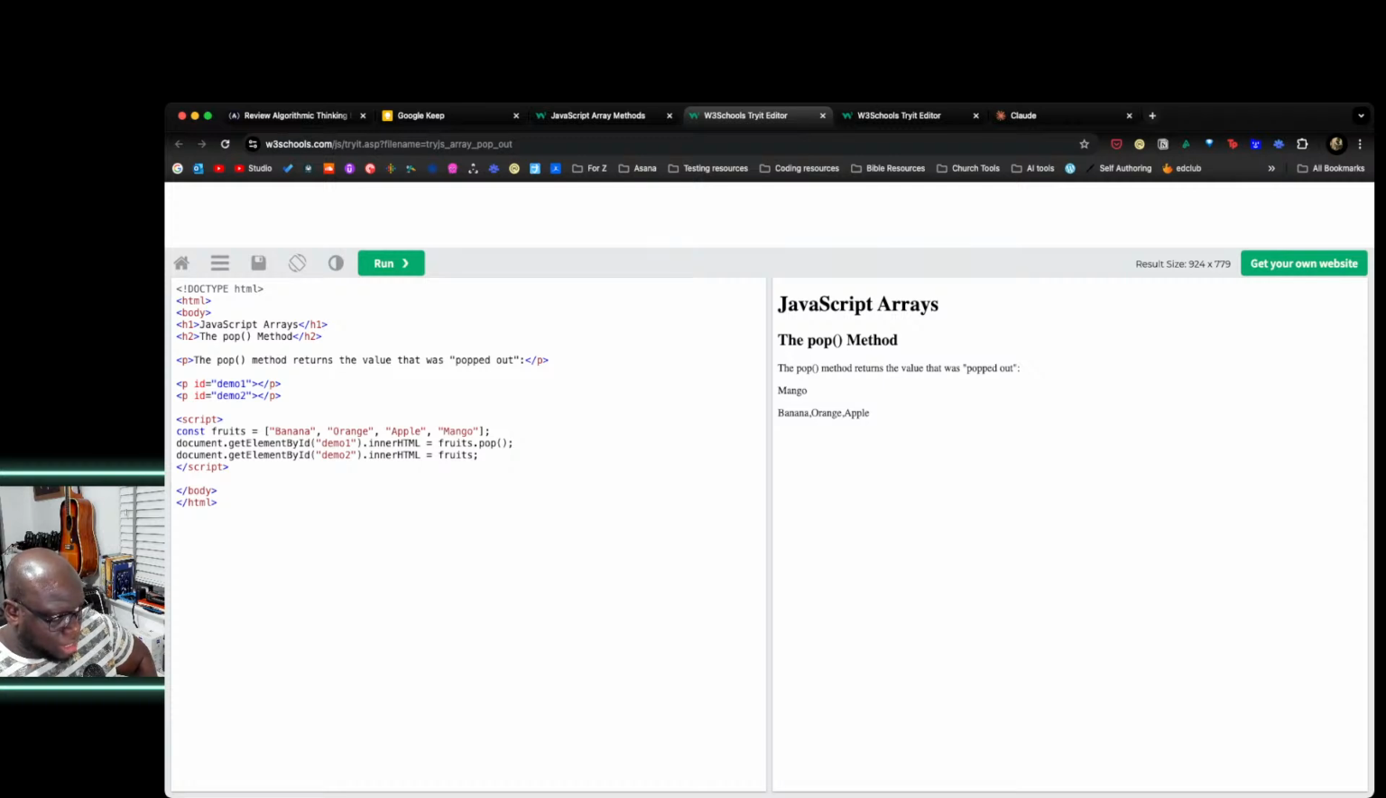What I mean by mutate is, we've got our array here, fruits. After popping something, fruits itself is changed, unless I handle that another way. So if I was instead to say here that